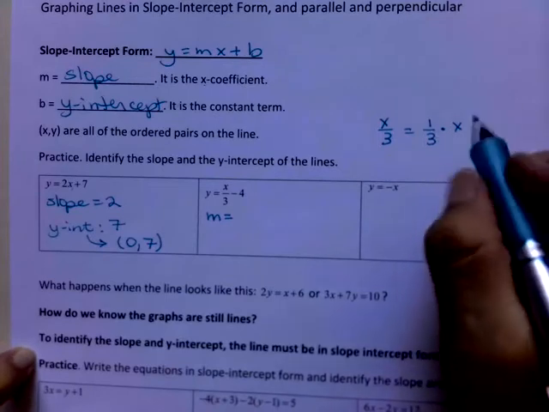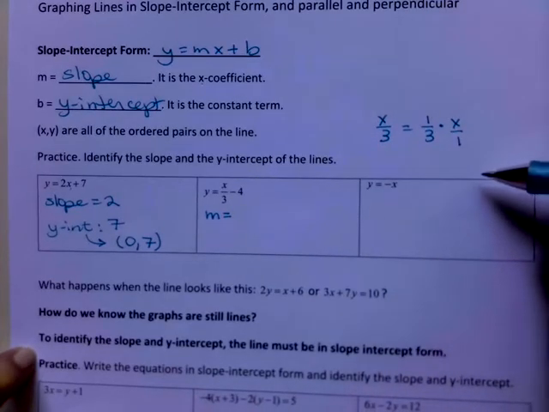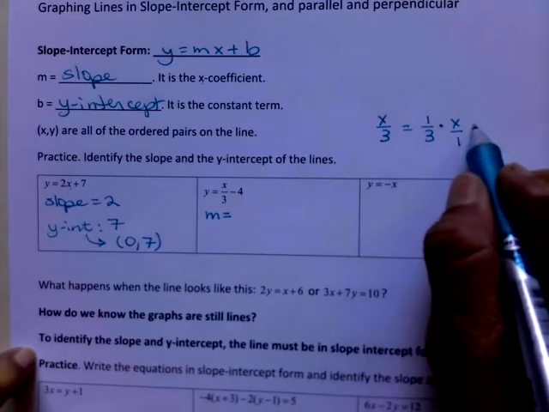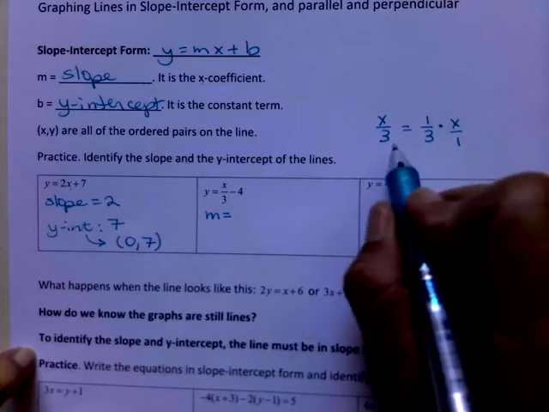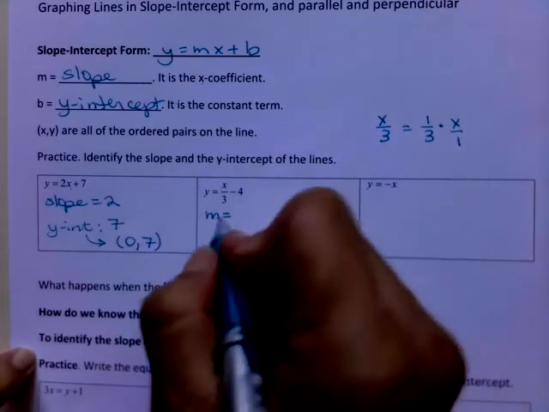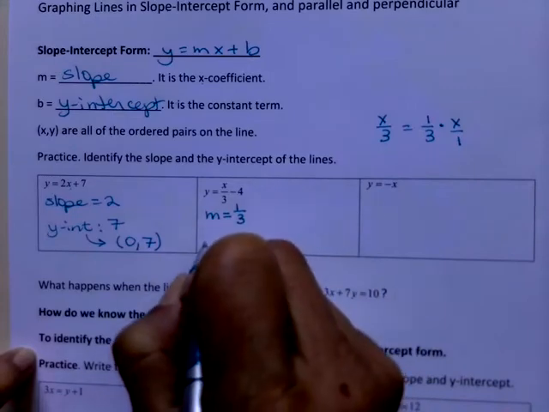If you're having trouble seeing that, go ahead and stick a 1 under the x. Remember, you can put 1s under things and it doesn't change it. So then if you multiply across, that'll get you that x, and 3 times 1 is the 3. Okay, so my slope is going to be that 1/3, and the y-intercept